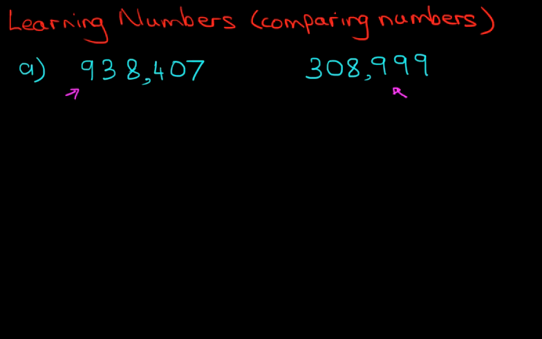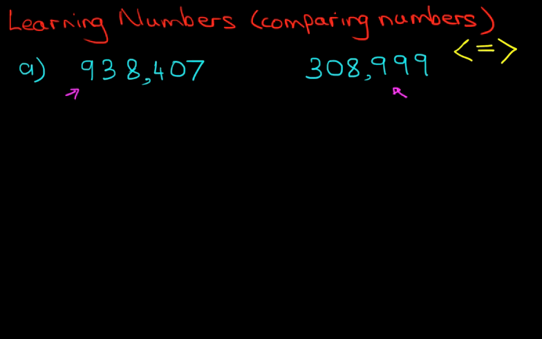Which number is larger, which number is smaller? On the right hand side we're just going to write down the three different symbols we can use in yellow. This one means less than, we've got equals, and more than or greater than. So how do we work this out? Well,